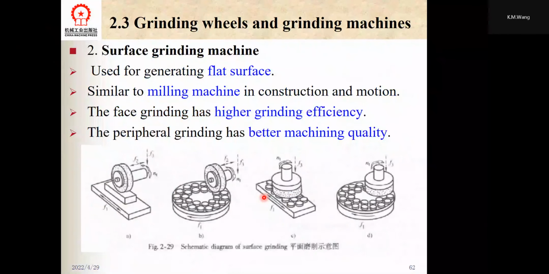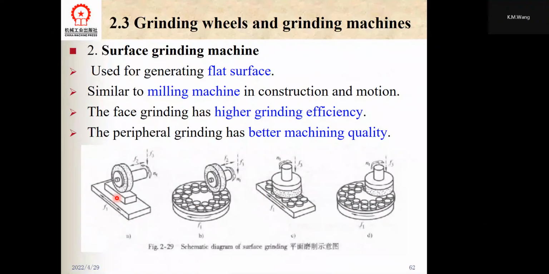And 2 is the surface grinding machine. The surface grinding machines are usually used to generate flat surfaces. These machines are similar to milling machines in structure as well as motion. In terms of grinding methods and layout,